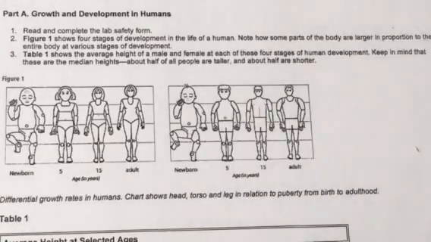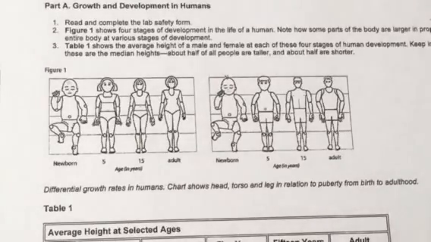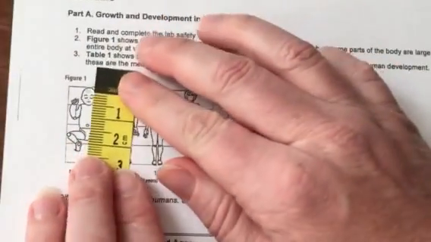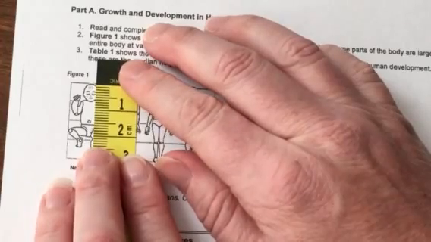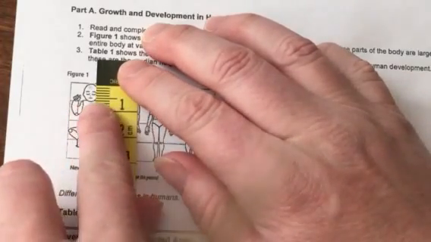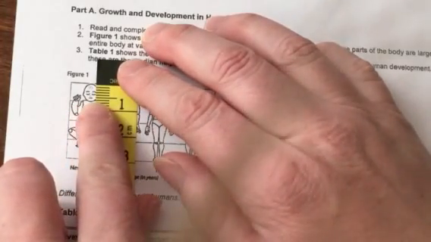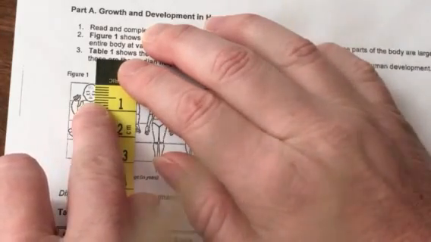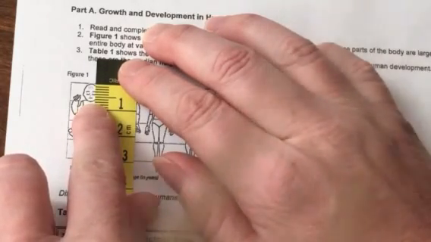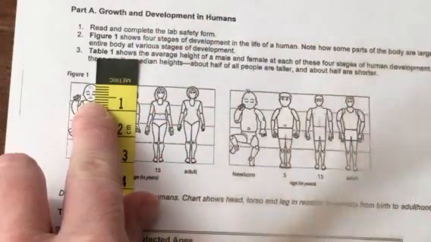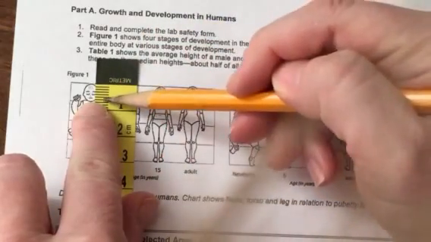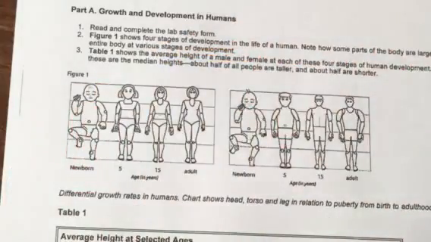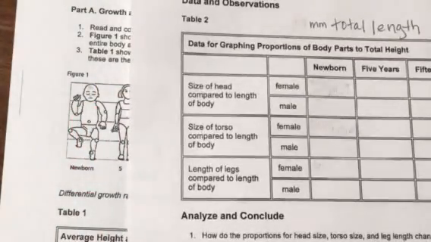Okay, so we're going to go to the newborn female, and we're going to measure all of this in millimeters. So put the top of the measurer at the top of the chart and measure to the bottom of the baby's head, which I'm getting, this is our line of 5, 6, 7. I'm getting it as 7. So I'm going to come up here to my chart and I'm going to write in 7